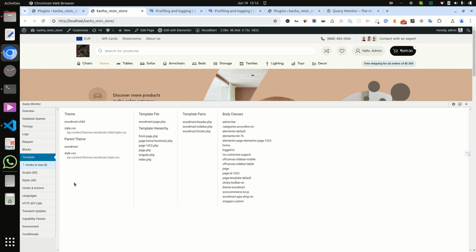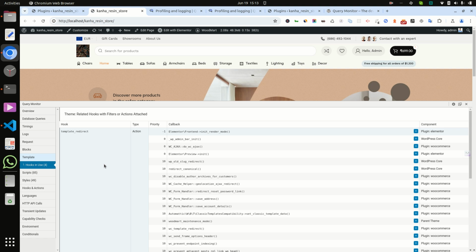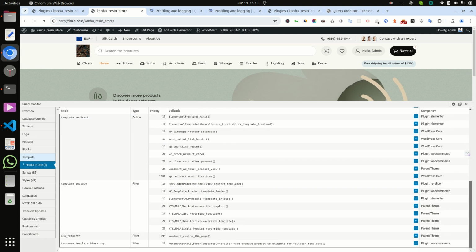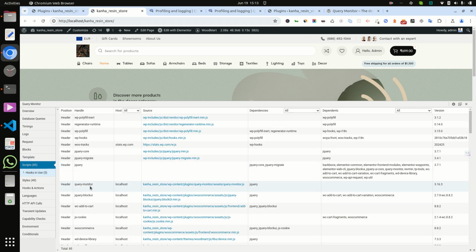And these are hooks which the current page is using. Script means style, script.js files which are being used on the current page.